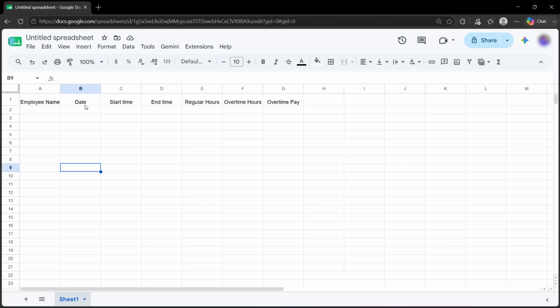Now let's fill in some data. I'll add some employee names like John, Ron, and James. Now, I'll enter a date and the start and end times. For this example, let's say an employee started at 9 a.m. So I'll enter something like